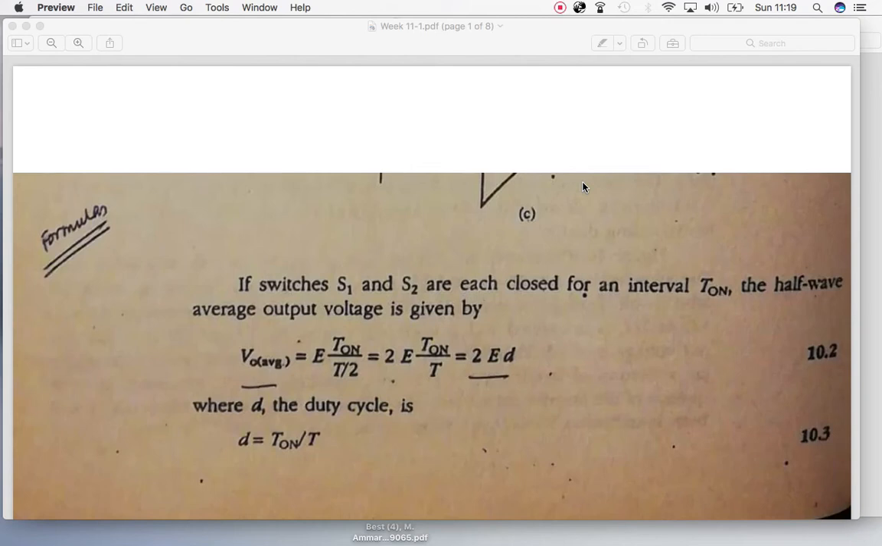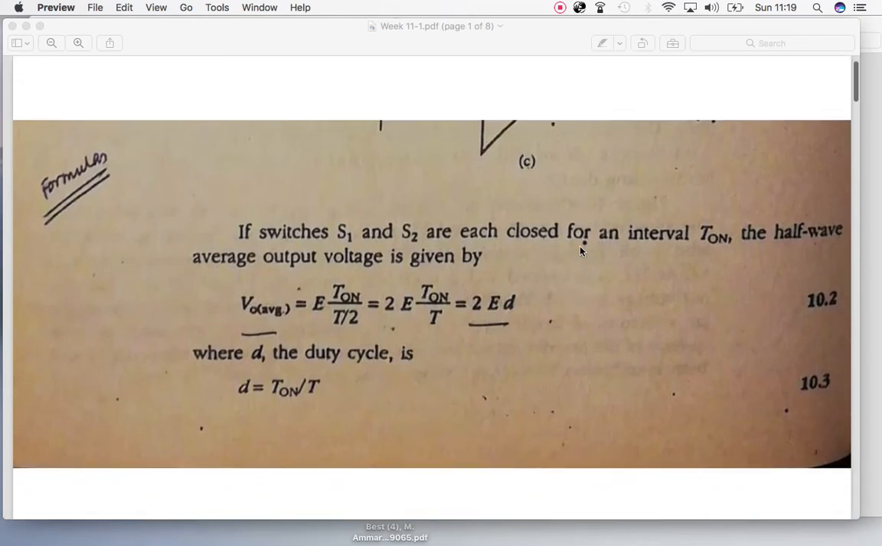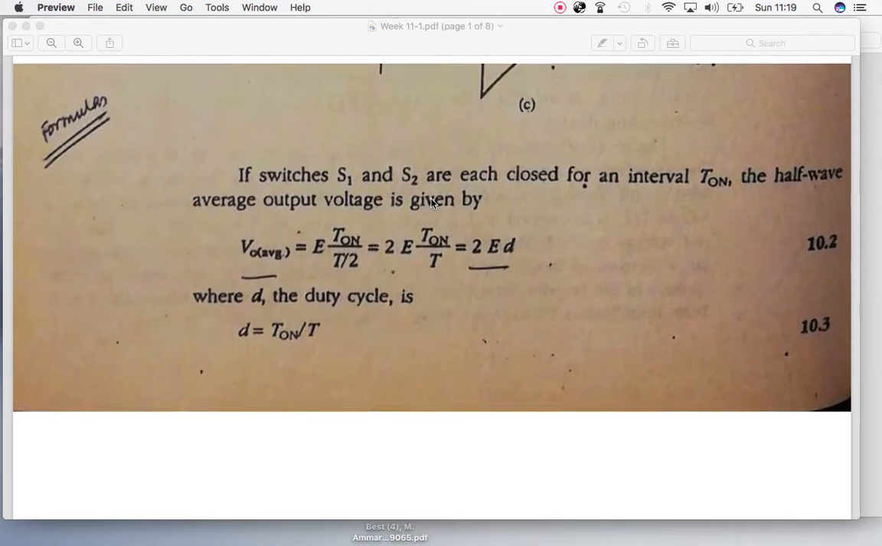Hi, in this lecture I will be focusing on the numericals of the inverter, and firstly we can see the formulas. In the last lecture I have already told about the half wave inverters, and over there we have some switches which can be turned on and off. At the input of the supply we have a DC voltage source, and at the output load we have the